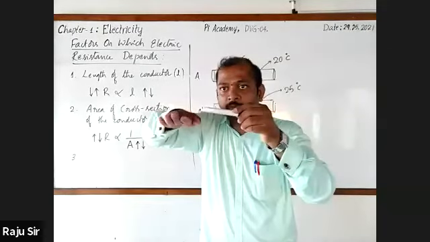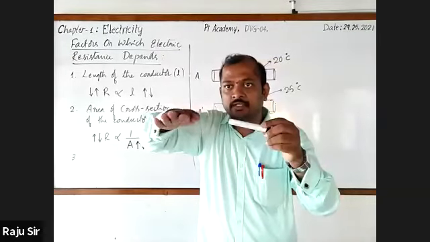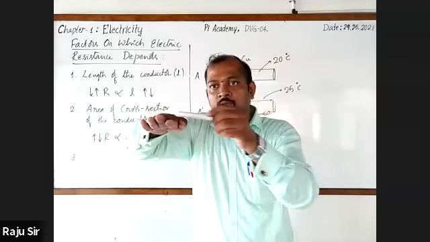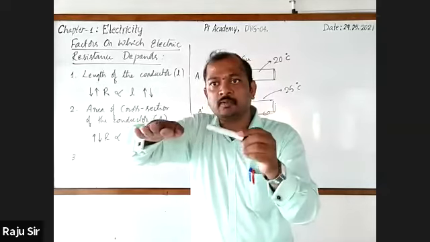At first it will be vibrating like this. Listen, when it is at 20 degrees Celsius, it will be vibrating like this, and electrons will flow and collide with the atoms. So there will be opposition for their movement.